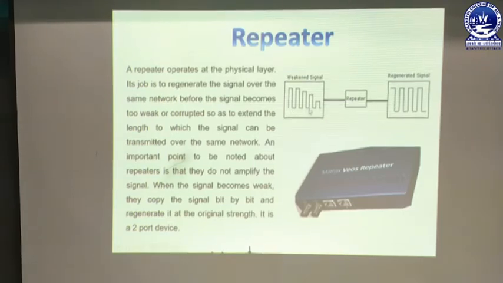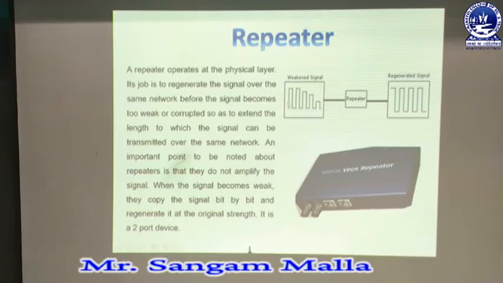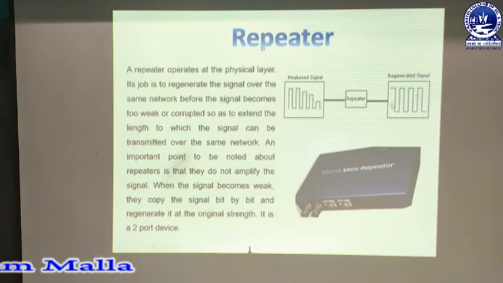So you can clearly see the weakened signal, that means the level of the energy of the wave is decreasing. Here you can see the signal height is much higher, then it decreases, then again it decreases, then again it decreases. But when it comes out of the repeater, it gives a constant signal, that means this is the weakened signal and this is the regenerated signal. So that's why the repeater is used at those places where the signal gets weakened, and the weakened signal gets transferred to a new form where the energy level is maximum.